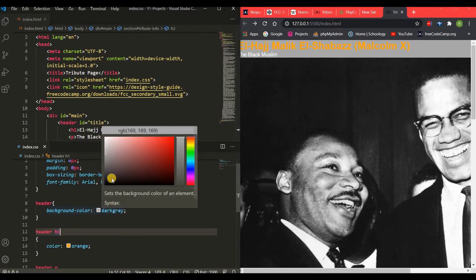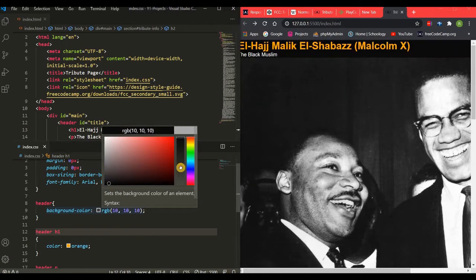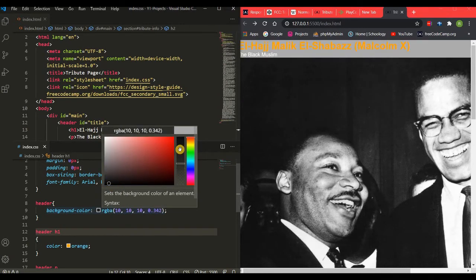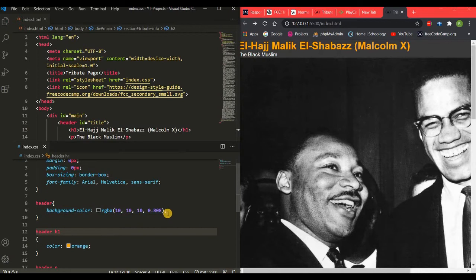So I don't even like this color, so I'm gonna just make it darker. Yep, this will do. That'll do. Nope, too dark. Yeah, something like this will work fine. Yep. Alright,